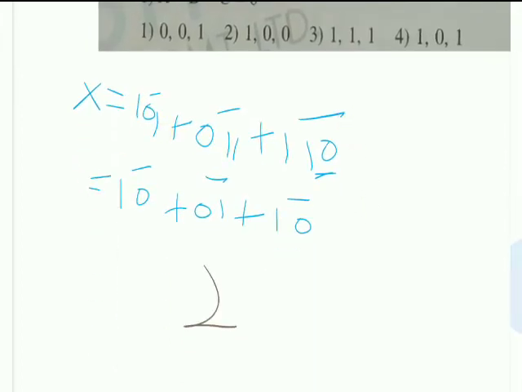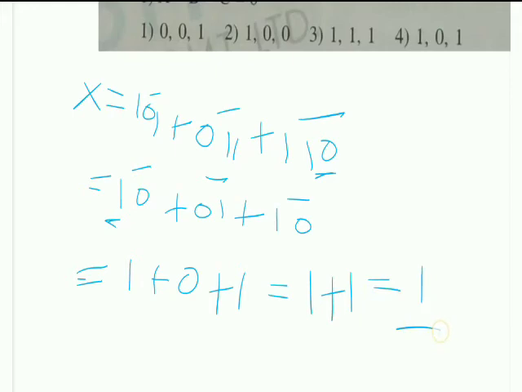So 1.0 complement 1 plus 0.0.0 plus 1.1 is equal to 1 plus 1 is equal to 1. So first one is 1,